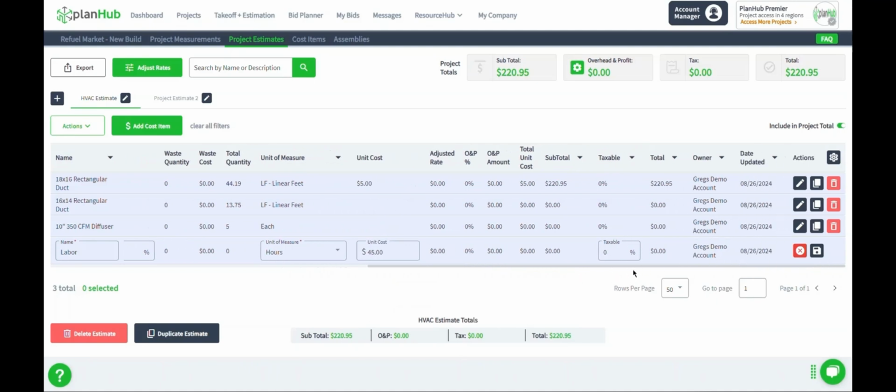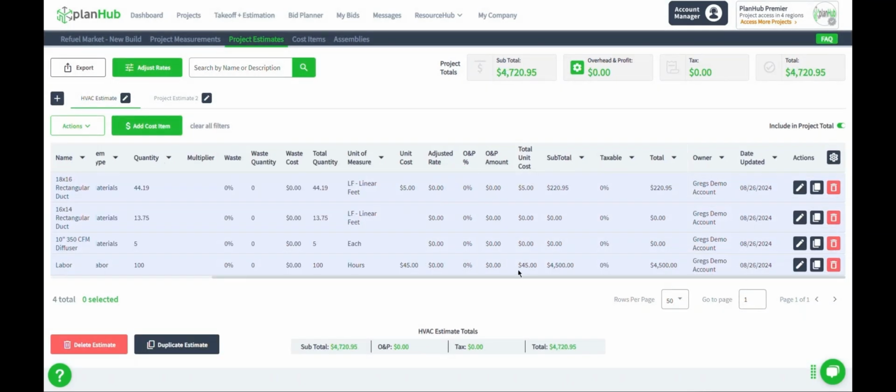If I don't want to add a tax rate, then I leave the box alone, but if you did, you could type in your tax percentage for the region that you're in. After I've made all the changes that I want, I click Save. The math is reconciled once again, just as we saw on the rectangular 18 by 16 duct